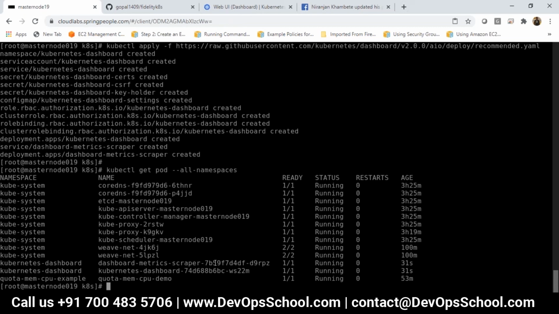There is a dashboard metrics tab which will get metrics about all your nodes, pods, and everything. Two things should be in the running state.